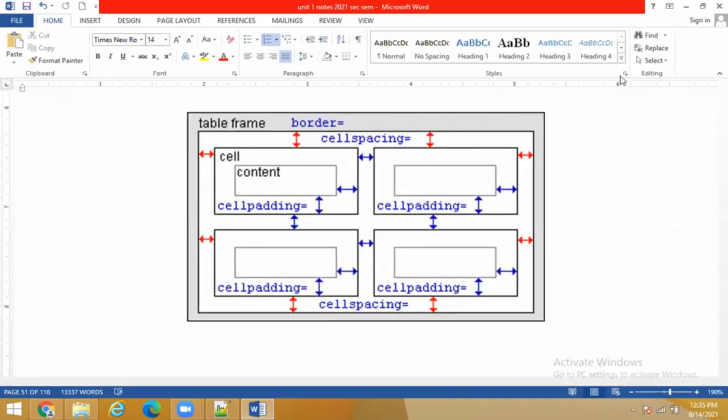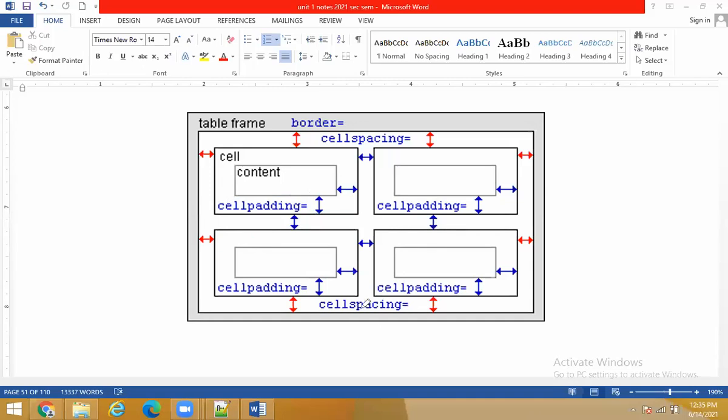Now, we already saw, like I told you, this is table and it is in the form of rows and columns, right? Okay. So this is a table border which you studied. So we give the border which comes at the outside. I gave 1, 2, 3, 4, 5 that comes at the outside. So these are the individual cells. Cell number 1, okay, cell number 2. First row, cell number 1, cell number 2, second row, right? Now, what is cell padding, guys? Suppose this is the content of the cell, the space between the content and the cell is called as what? Cell padding. The content in the cell and the border of the one cell, that is cell padding.